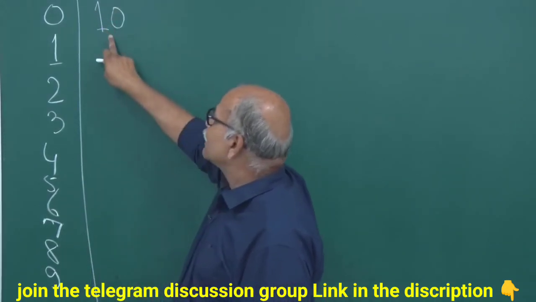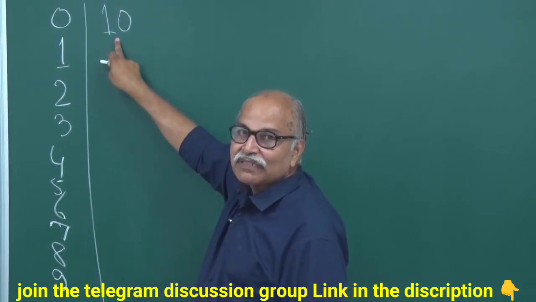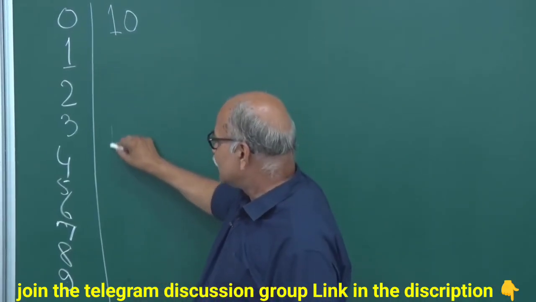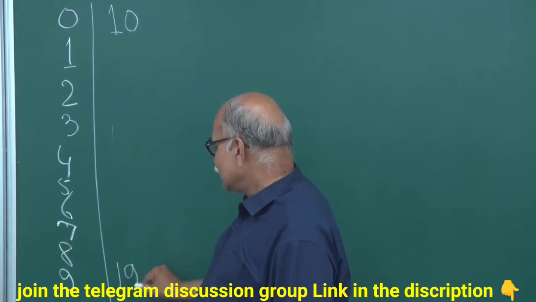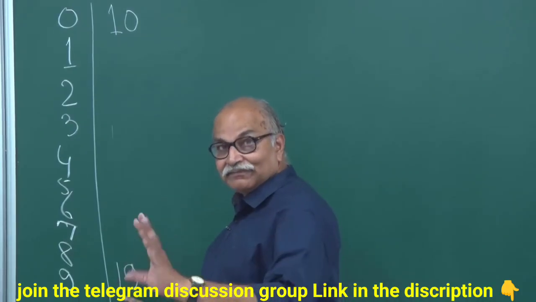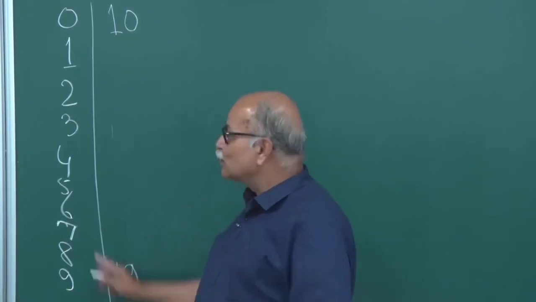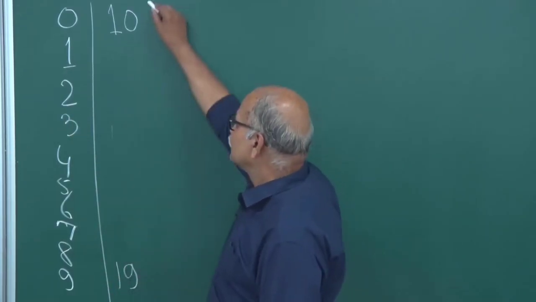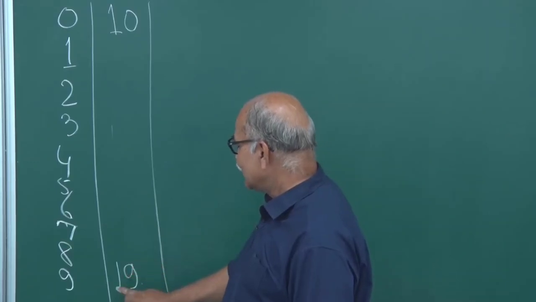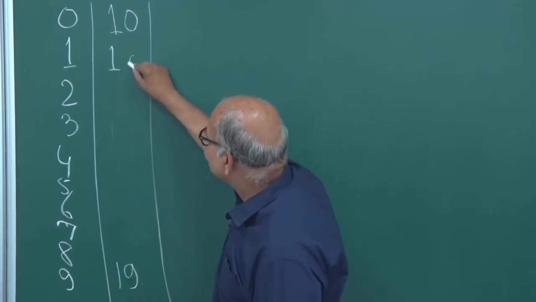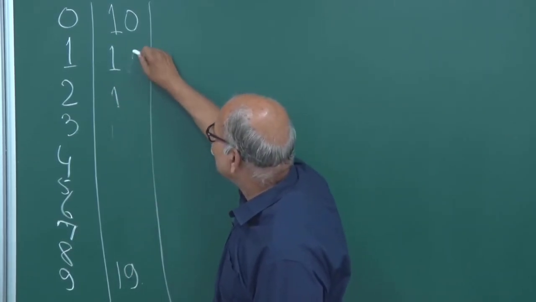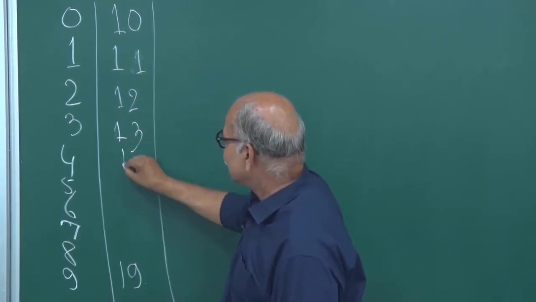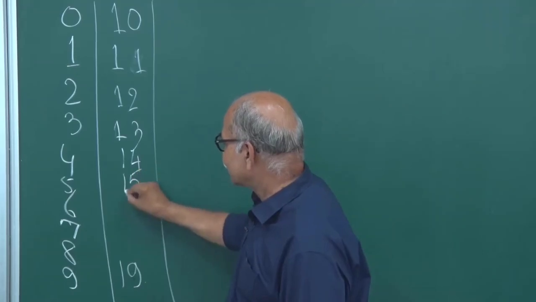So this is the smallest 2-digit number, and then you keep adding 1, 1, 1, 1, and you reach 19, and then you add one more, still with 2 digits, 2 symbols, 2 of these 10 you can manage. Once you have one more, then you say that all right, here all it was 1, here it was all 1, and then you have exhausted your symbols.